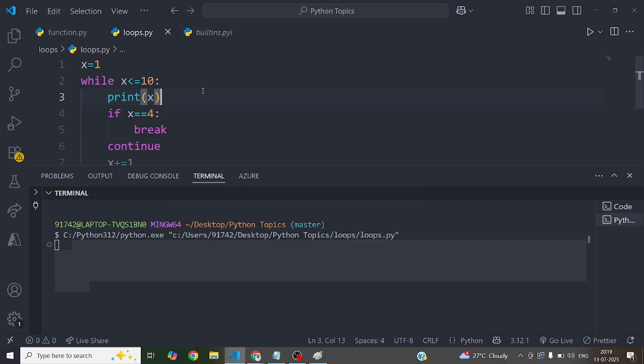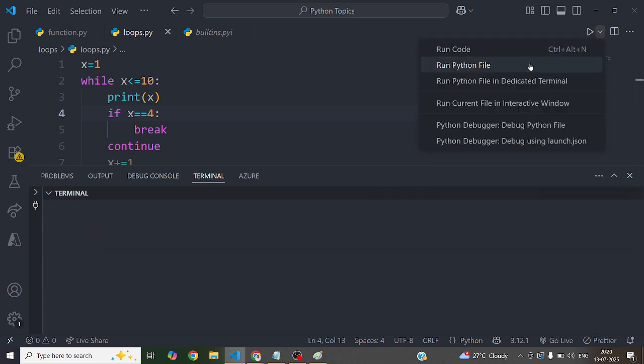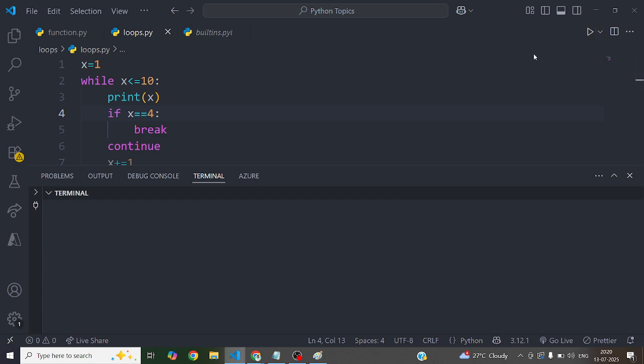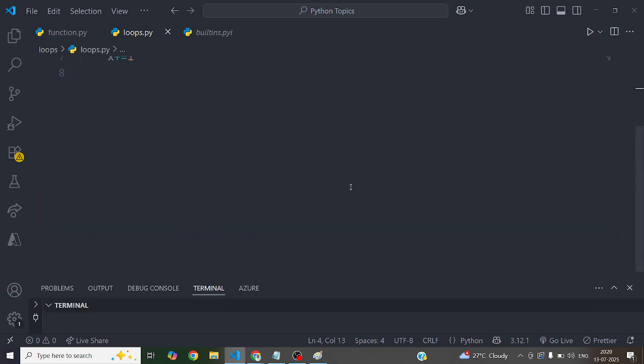If you print x here and run, wait a minute. Here you can see it is printing an infinite loop. So we have made some mistake.